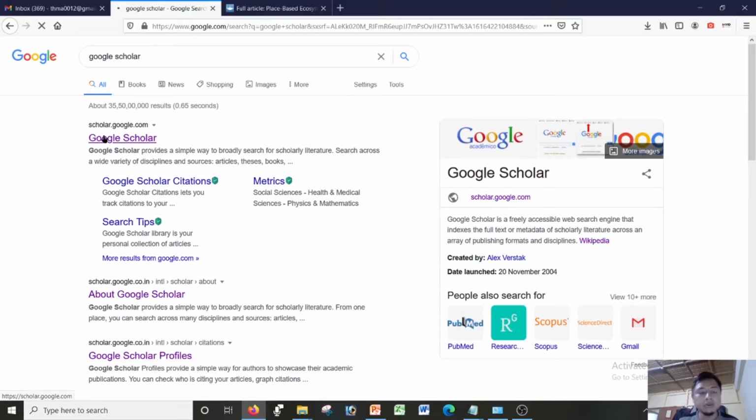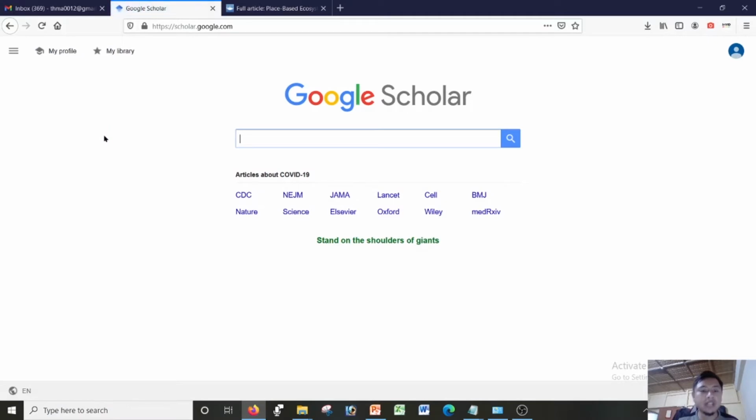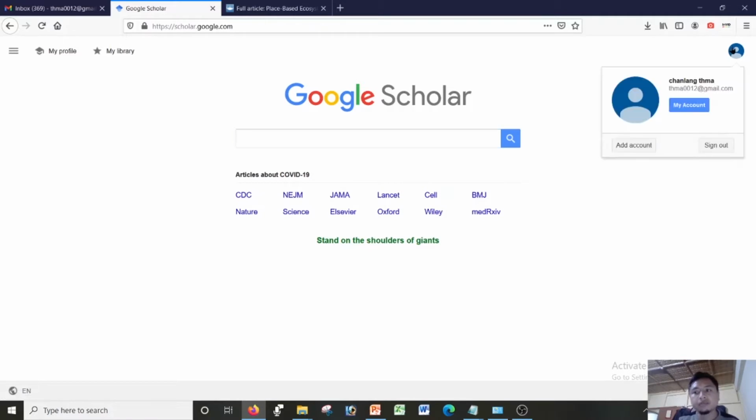It will take you to a different search engine, which is basically for scholars, for people like you and me. So in order to sign in and create an account in Google Scholar, in my case, my account was already created, but because I have already logged into Google, that's why it was here. If not, then it would ask you to sign in. And for signing in to Google Scholar, you just need your Gmail account. I suggest you all try that right now.